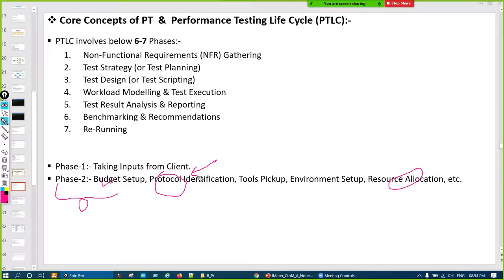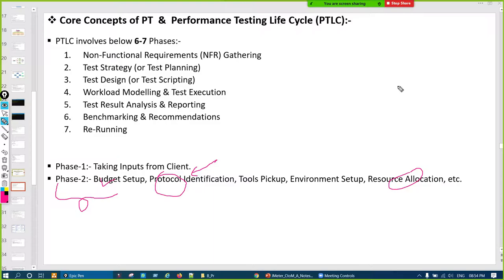Protocol identification means, see, JMeter can support HTTP and other protocols that you have seen, but there are a few applications which JMeter cannot support, like desktop applications, as those people who are from LoadRunner know. Or Oracle applications, SAP applications. Those kinds of applications have limitations in JMeter.